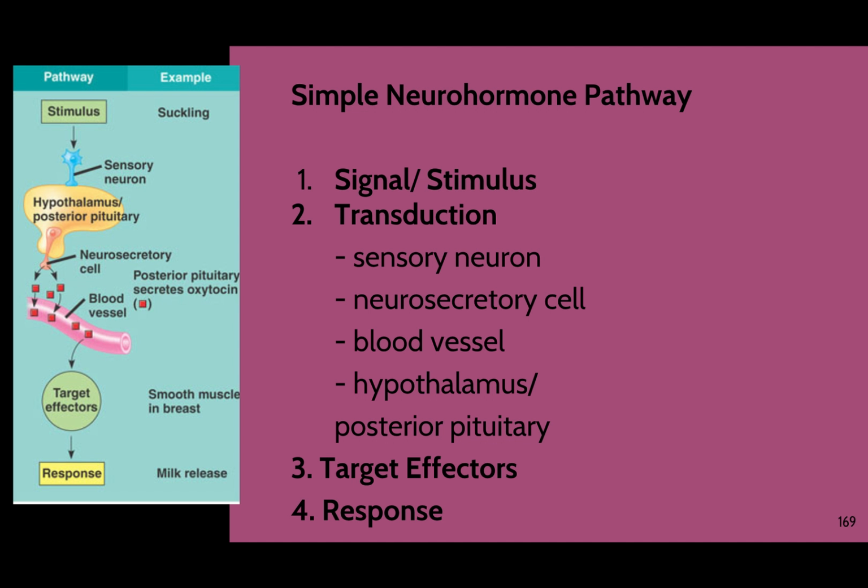The signal and the stimulus and then the response are still happening, but we are just complicating that whole transduction pathway. And as you guys notice, these examples that they give you are going to be really good examples to kind of lock into your brain for the AP test. When you are going through the AP test, they are very likely to ask you for examples of endocrine pathways or hormone signal transduction. These are really, really good examples to lock into your brain and to remember.